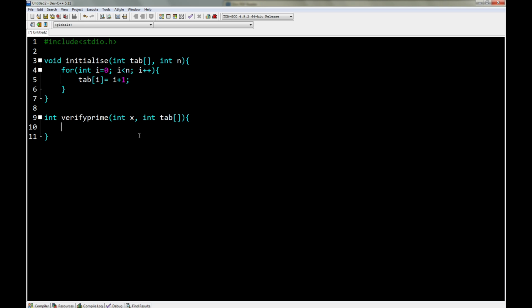In the verifyPrime function, we create a loop with conditions, the integer i starting from 0 to i less than x minus 1, that is every value less than x in the loop, and increment the i. Now in the for loop, we check if the value in tab[i] is a non-zero number, that is, if tab[i] is not equal to 0,